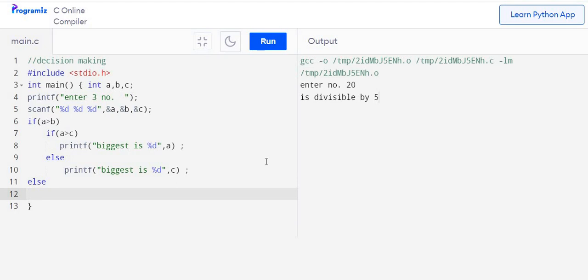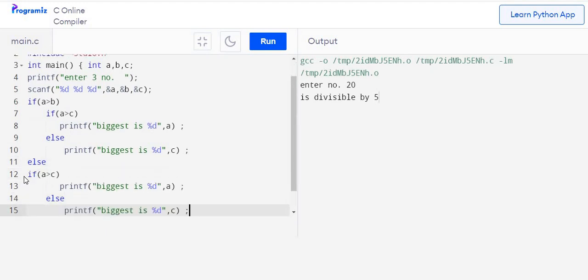It will come to else if A is less than B. Now we have to check exactly similar execution, whether B is greater than C. Now if B is greater than C, that means the number bigger is B. But if B is not greater than C, then again C is bigger. So this is called nested if.